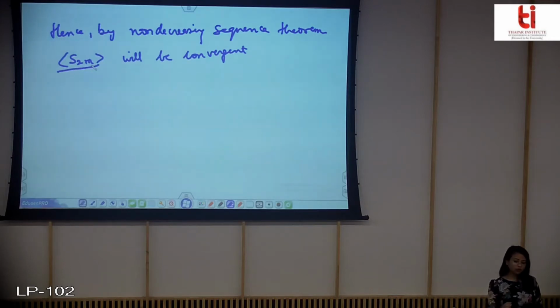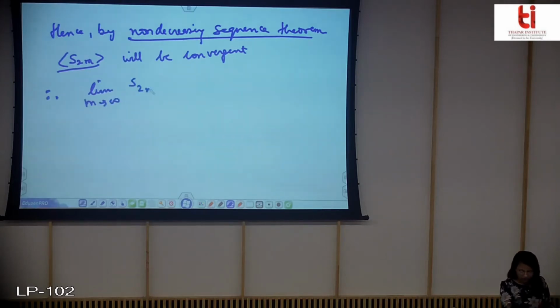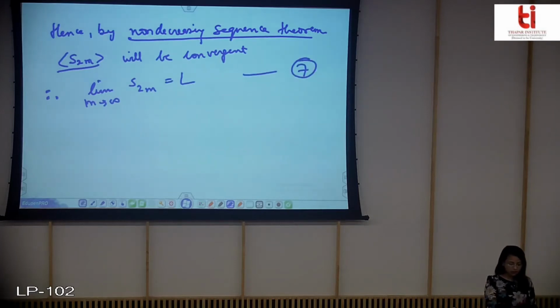You have already studied this non-decreasing sequence theorem, and it says that S2m will converge. So therefore you can find the limit. Let us call that limit L and say it is equation number